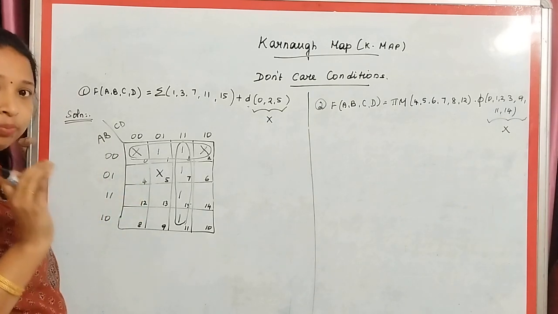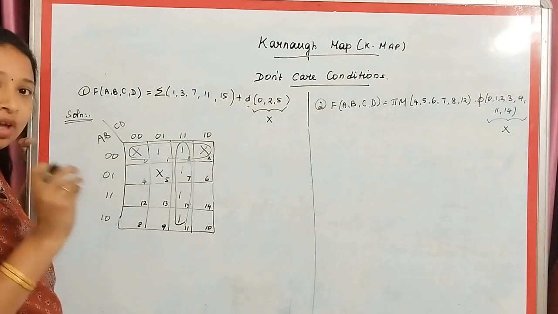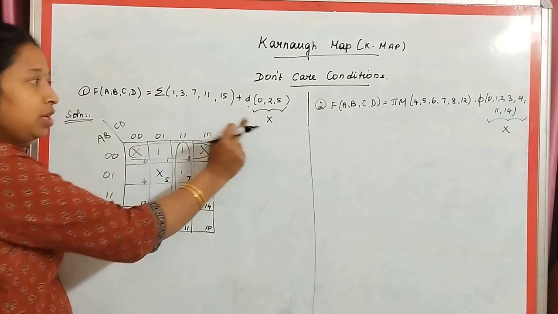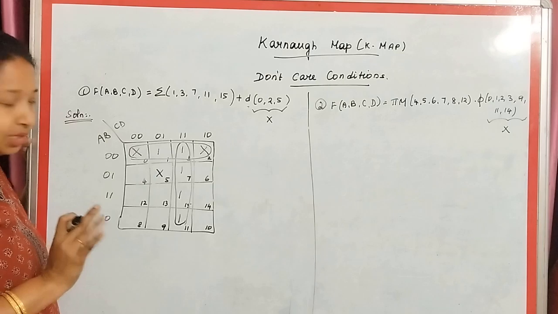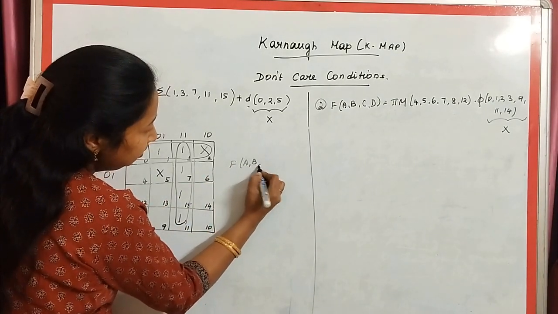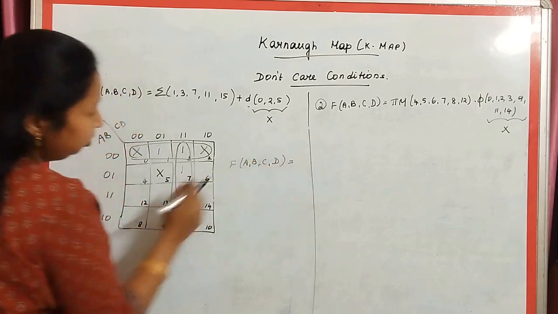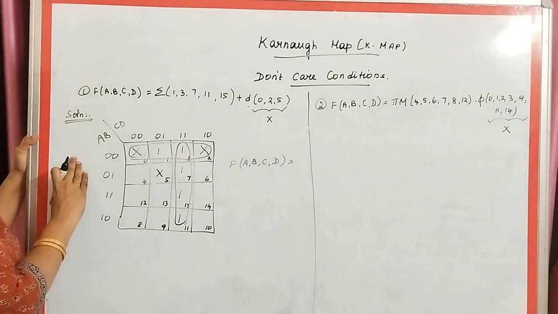Our main focus should be to group the minterms in such a way that, in case we are not able to group the minterms, we can make use of the don't care conditions in making it a group. Understood? Now, can you give me the equation f of a, b, c, d? It is equal to, let me take this bubble now. So for this bubble, which is common on the vertical side,